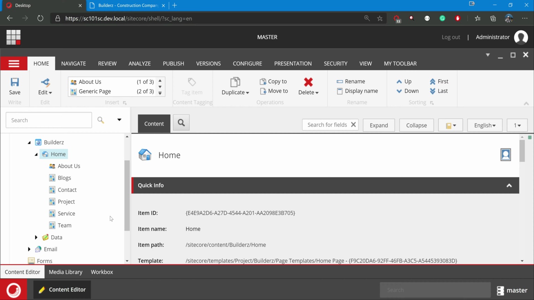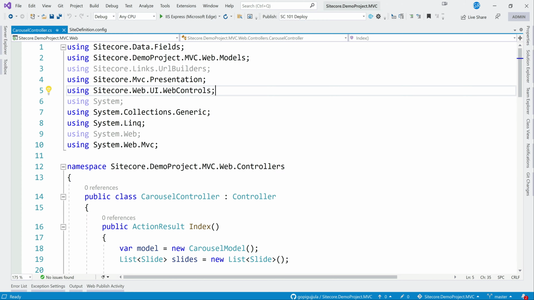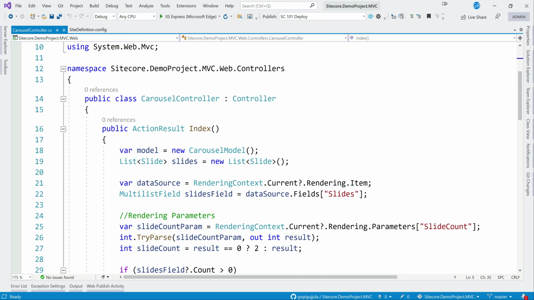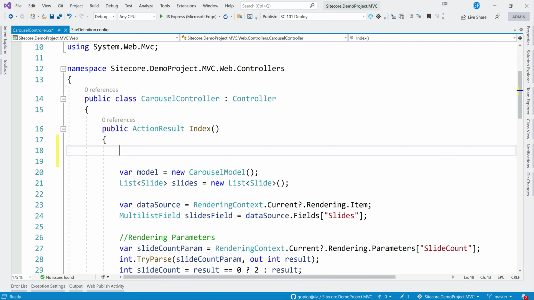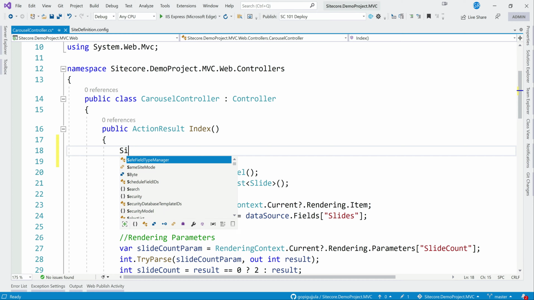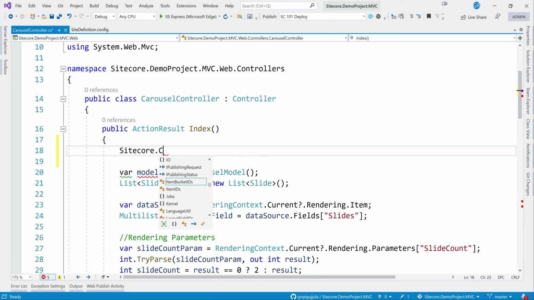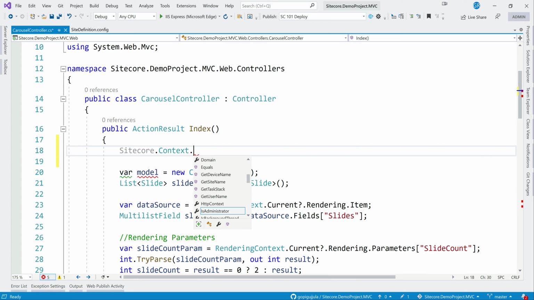Let's see how we can build this. It's not complex, Sitecore APIs are already available. I'm just putting it here, in the carousel controller. So mainly two steps. First we need to get the start path from the site context. Sitecore already gives us Sitecore.Context.Site, and you will have the start path.